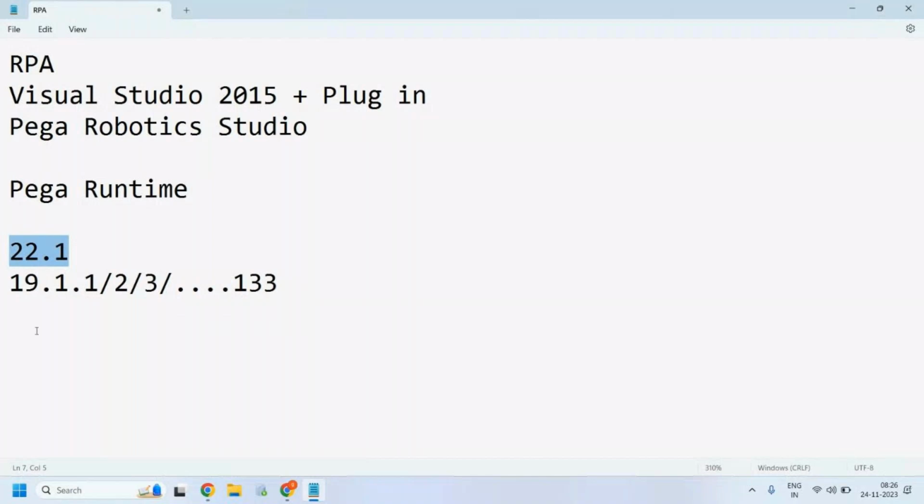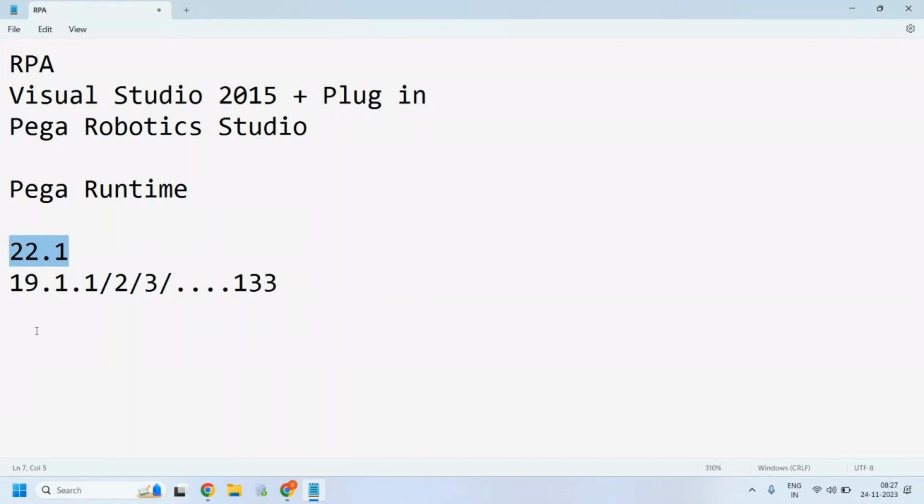OpenSpan developed this automation tool and released it in the market. After that, OpenSpan sold this product and Pega acquired it. At a later point of time, Pega released this tool under their own name, Pega Robotics.